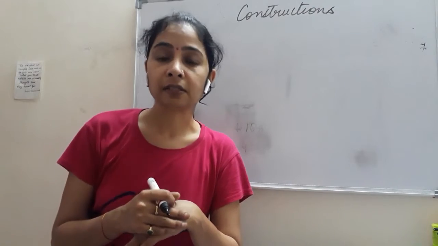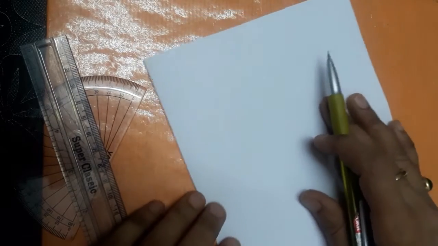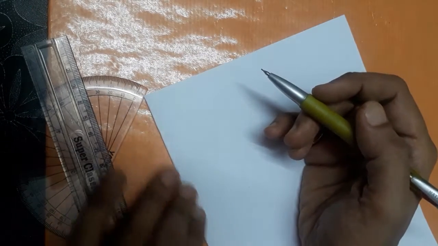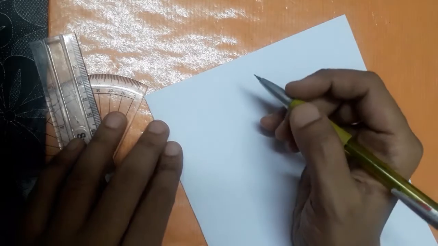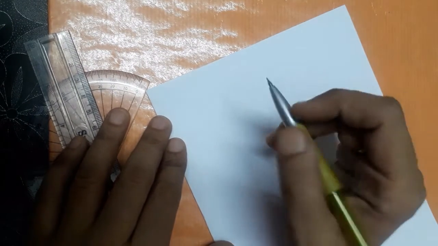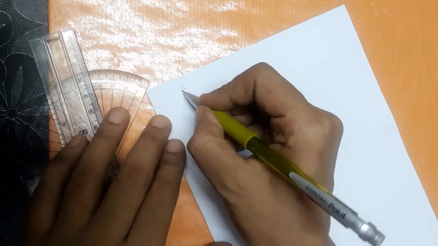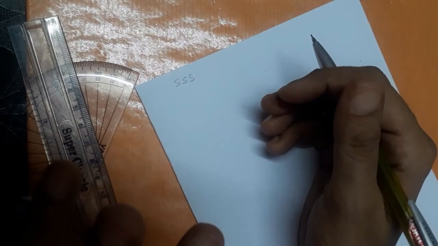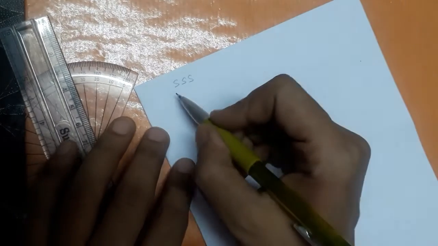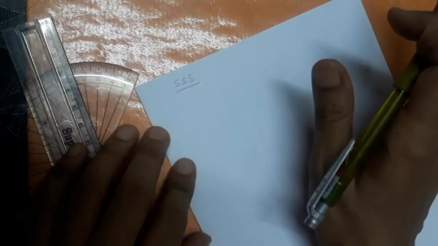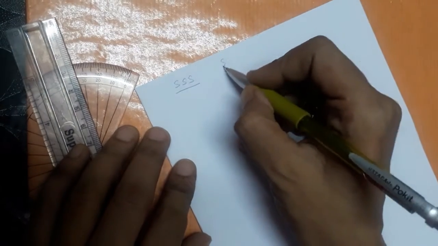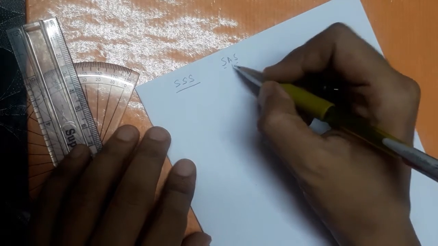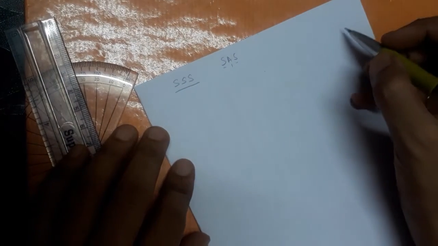Okay, now let's start the construction. So let us start with the construction of triangles, which is in class 7th, as I have already told you. For construction of triangles, there are a few conditions. Those conditions are like SSS. That means three conditions are necessary to be given for the construction of a triangle. Either there will be SSS, that means three sides will be given to you, or there will be SAS, means two sides and the included angle. Included angle means the angle between those two sides.